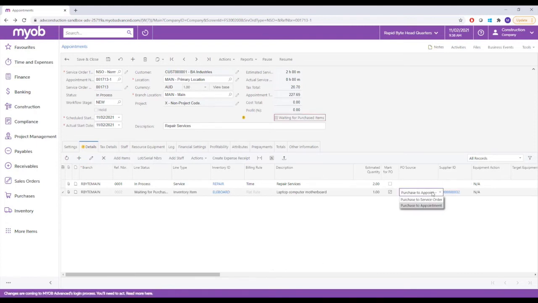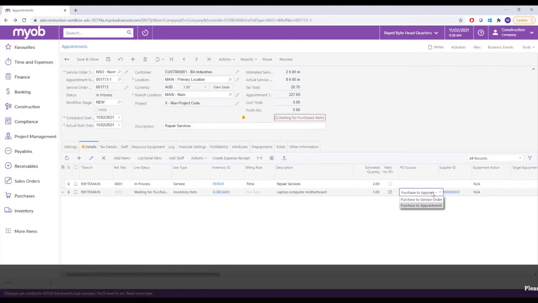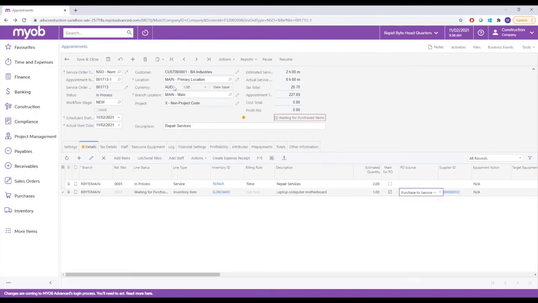And I've given two options of how I want to treat that purchase order. So you can either choose to set it to be linked to my appointment, meaning I will continue to use this appointment to install that part, or alternatively, I can select to have it linked to the service order, so I can reschedule another appointment later on to do the installation. Let's select that now. And once I save this,